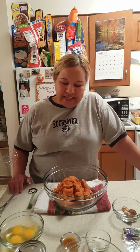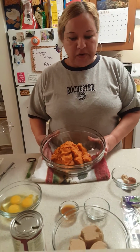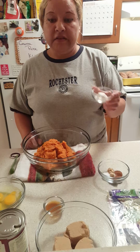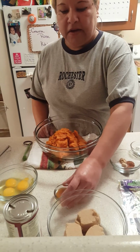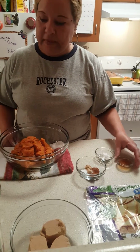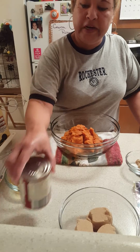My name is Rose, and today I'm going to be making pumpkin pie. For this recipe, we'll need 1 can of pumpkin puree, which I have in this bowl. We are going to need 1 tablespoon of cornstarch, 2 teaspoons of pure vanilla, 3 eggs, 1 can of evaporated milk,